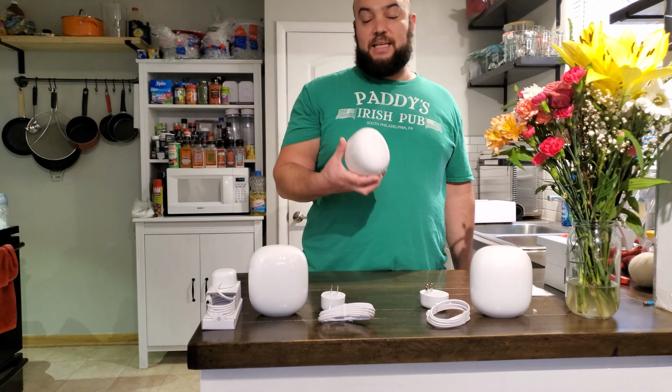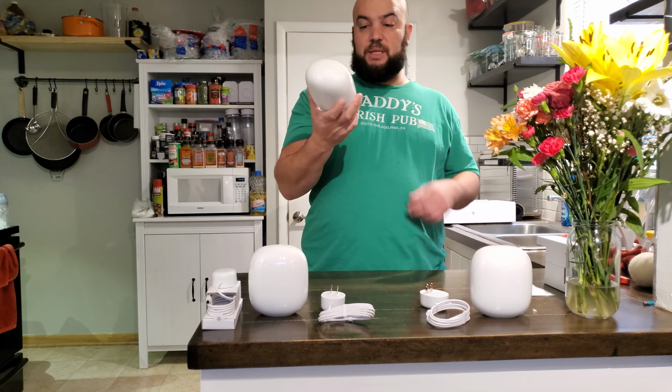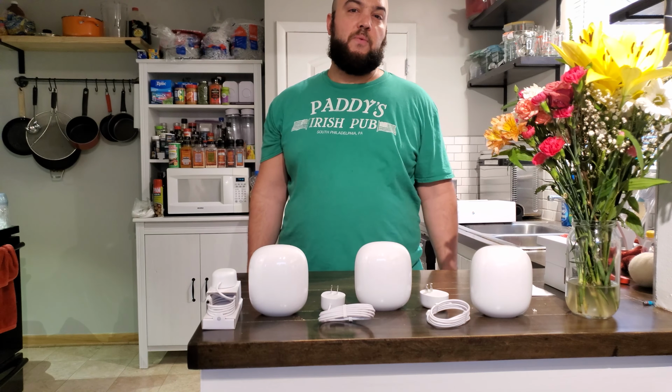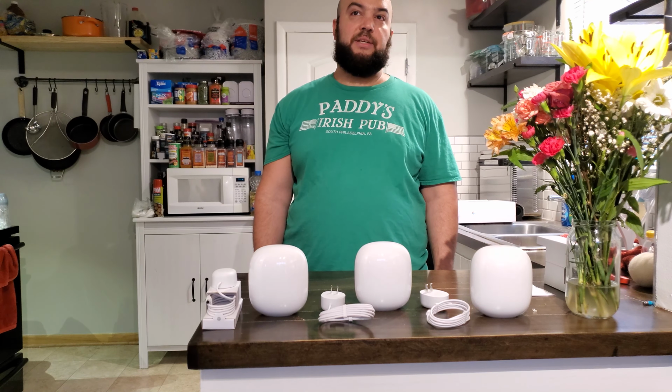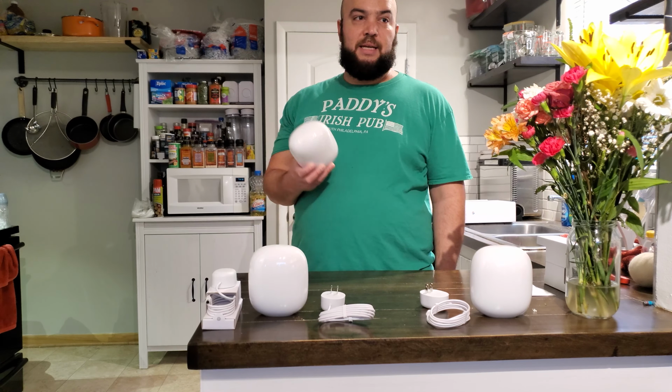Alright, that's the Nest Wi-Fi Pro 6E. I'm going to hook this up today, set these up around the house. These should improve my coverage over my Netgear Nighthawk router. The plaster walls of the house really block the signal, so I'm hoping these kill those dead spots,